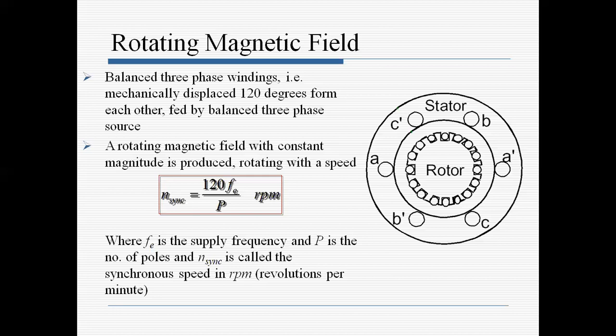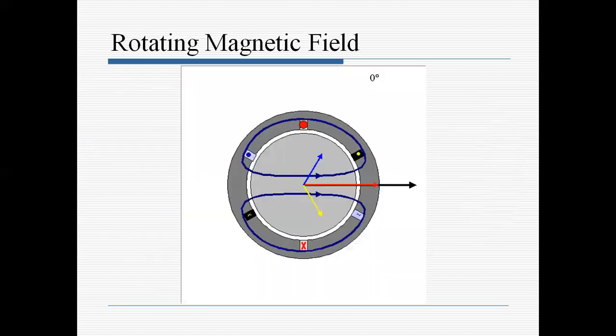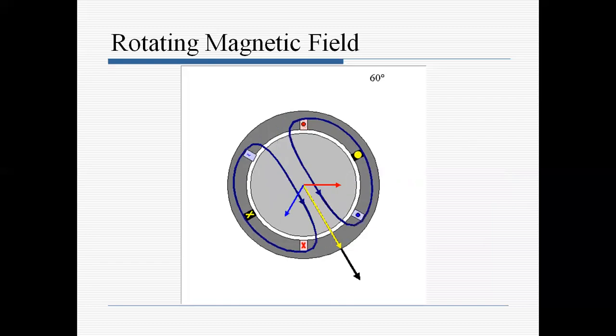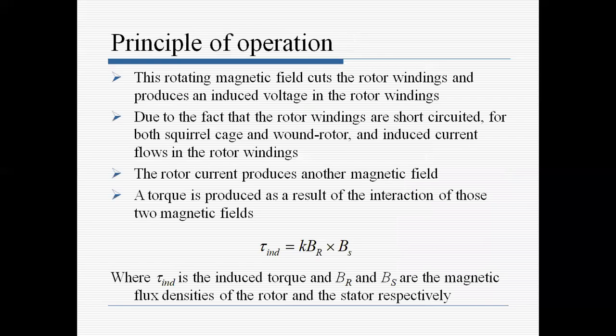Because of this stator flux rotating in the air gap, which sweeps past over the surface of the rotor conductors, touching the rotor conductors, according to Faraday's laws of electromagnetic induction, an EMF is induced